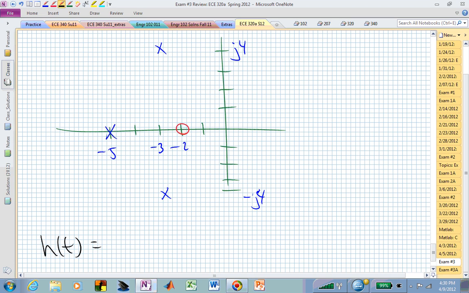Everybody understand what I'm asking? Is that making sense? If I give you that picture and I don't give you anything else, would you feel comfortable visualizing or at least writing down the structure of your impulse response? If I said this is the pole zero diagram of a system's transfer function H(s),